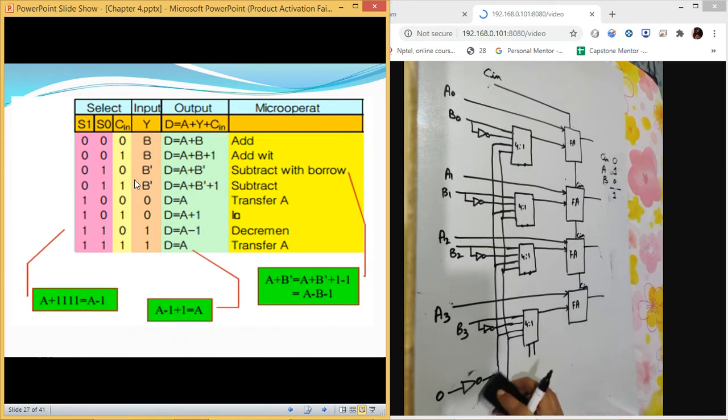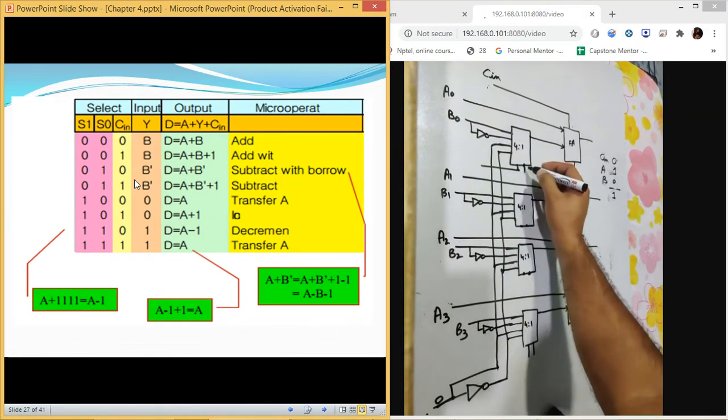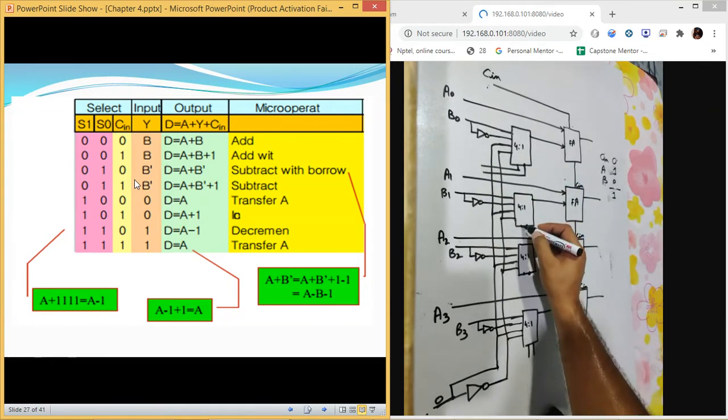So let us keep it the same as we were having in your slide as well. So let us make it 0. So this will become 1. So 1 will be connected here and 0 is connected at this place. Now at this time this is acting as B. Now let us talk about the selection lines which we were having. So we will just complete the circuit now.